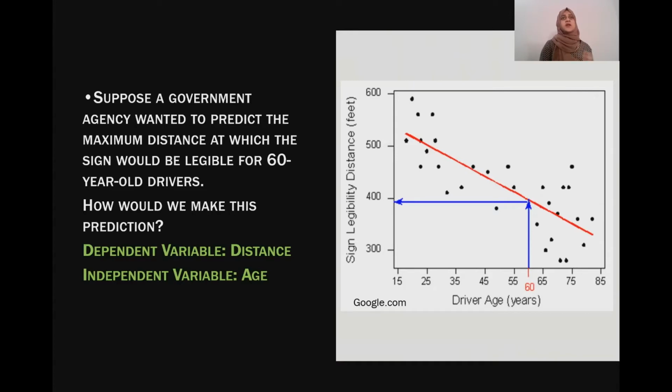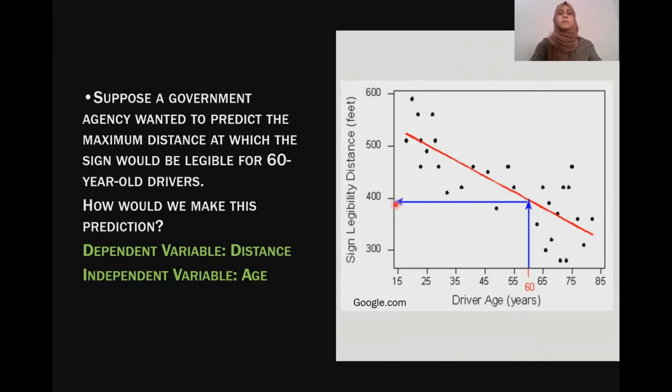Using the regression line, I want to know the legible distance for a 60-year-old driver. I'm going to trace back using my regression line. Here's 60, I trace upwards to where it meets the regression line and read its corresponding value on the y-axis, which is around 395 feet, so that would be my answer.